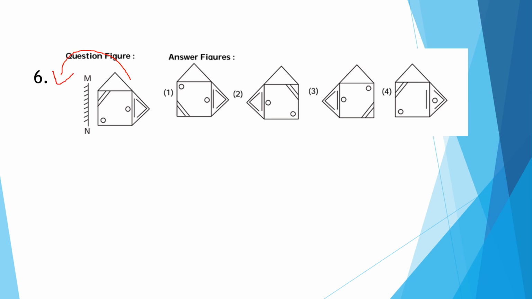So, first option wrong. Second option, second and third look the same, and the fourth option is also wrong. Second and third are turning the direction, and these lines turn this side. But here in this third option, these lines are down. So this is the wrong option. The second option is the correct one.